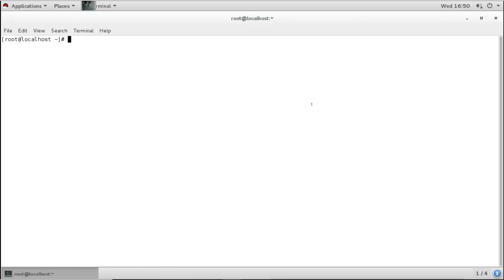I will increase the font a little so it will look clear. Okay, now after creating the files, we can also edit them. We can use cat, we can use touch to create an empty file, we can use vi or vim for creating, modifying or editing the files, and also we can use the nano editor. We can also use a graphical tool for creating or editing the files.